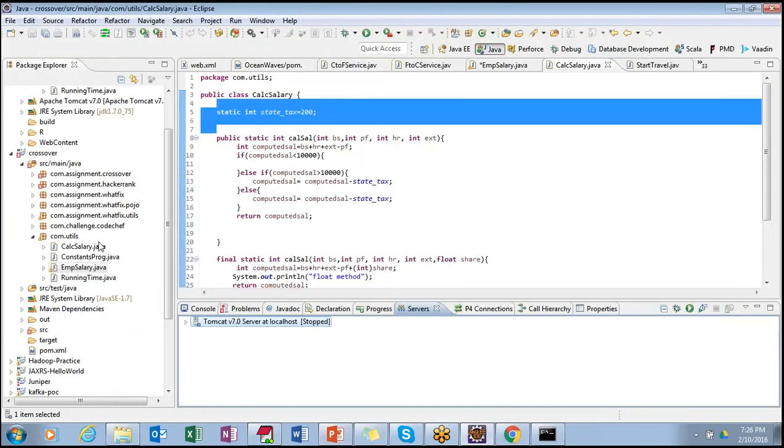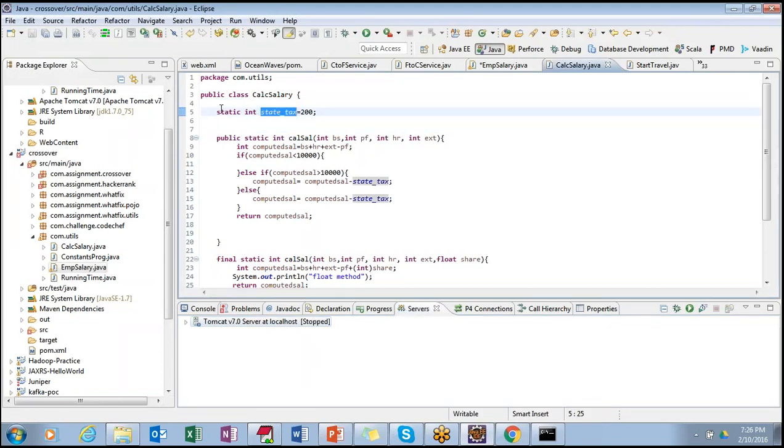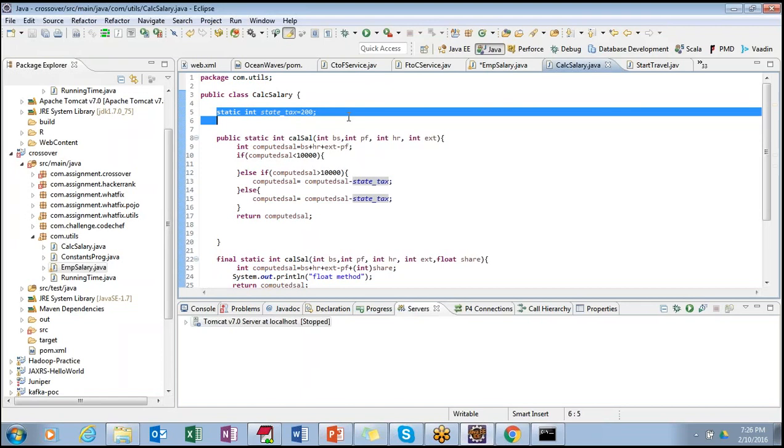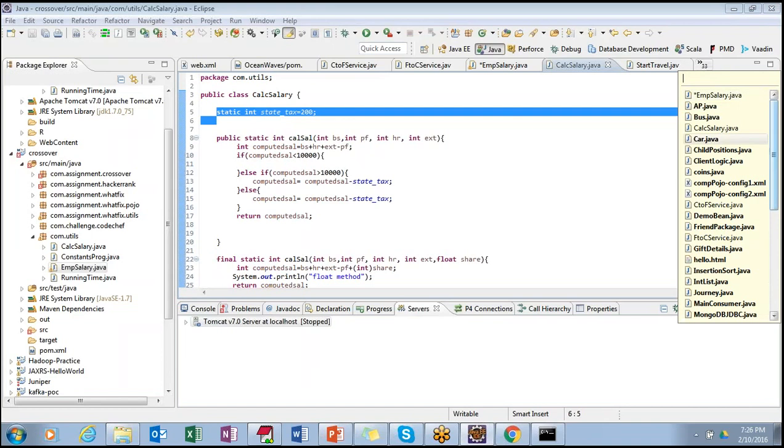Okay. So when we say data members, if you see the code, let me show you the code here. If you see here, this is called a data member: int state_tax = 200. If you define x = y or 10 like this, anything. Let me show you many more programs that I wrote today, so you will understand what is a data member.